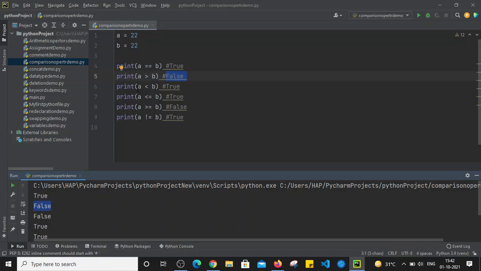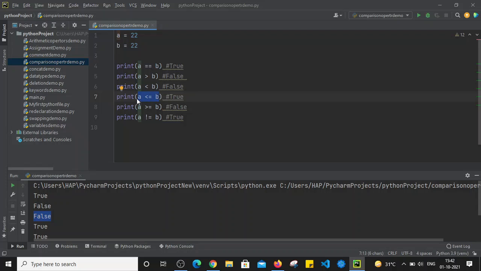Now the third statement, whether a is less than b. Here a is 22 and b is also 22. So a is not less than 22. a and b both have the same values. So this statement will become false. That's why it is returning the value as false. After that, the next operator is saying whether a is less than or equal to b.